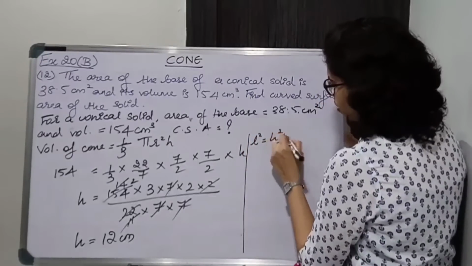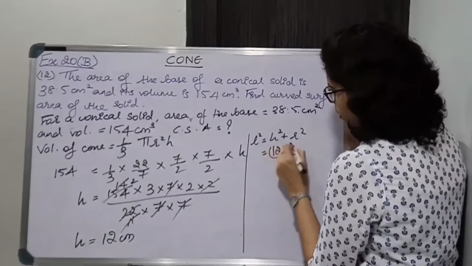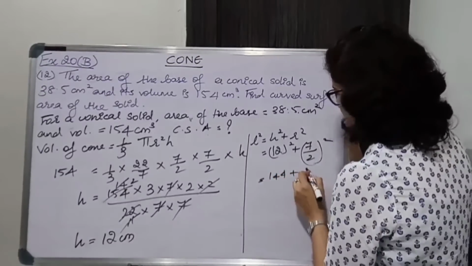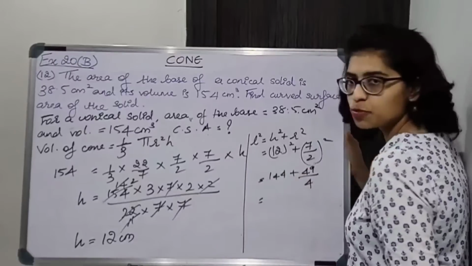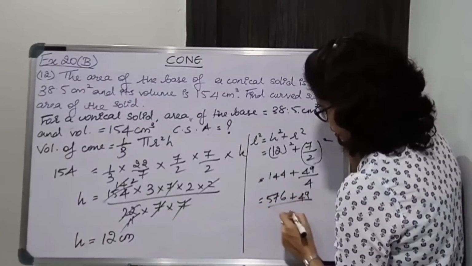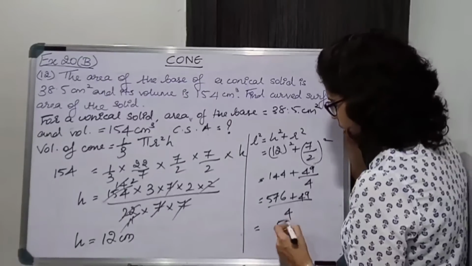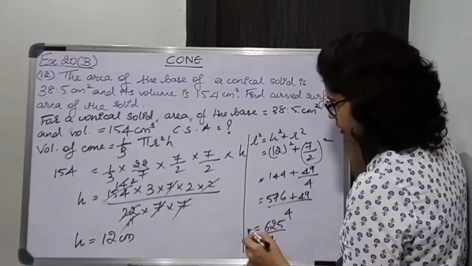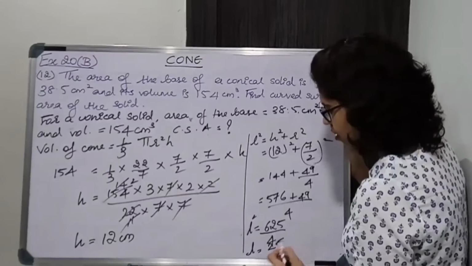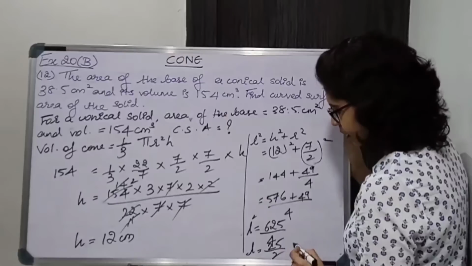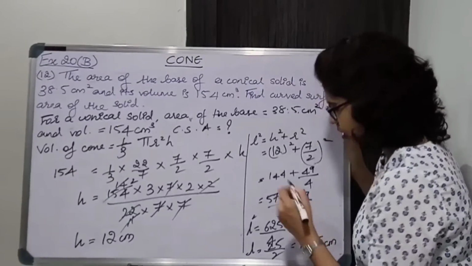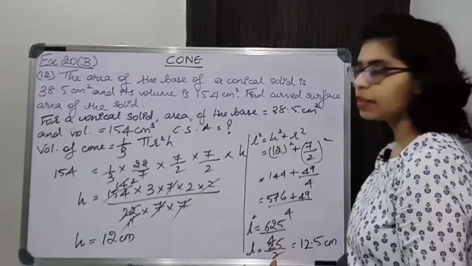l square is h square plus r square, h is what, 12, 12 square plus 7 by 2 का square, so this gives 144 and this is 49 by 4, I'll cross multiply, ठीक है, 576 plus 49 upon 4, this will give 625 upon 4, l square is this, taking square root on both the sides, what will I get, l equal to 625 का square root is 25 and 4 का square root will be 2, okay, 25 by 2 centimeter, that is nothing but 12.5 centimeters, ठीक है, you have to give the reason over here, 25 by 2 मिला है, taking square root